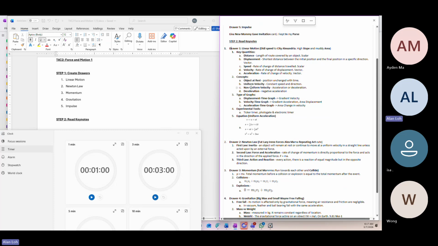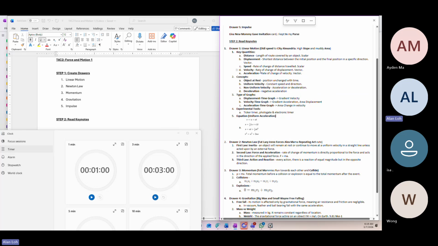Uniform velocity and deceleration. And then what type of graph? You have a graph of displacement over time. You have a graph of velocity over time. You have the graph of acceleration over time. Then you have some experimental tools and equations. Don't worry about this equation. You do not need to memorize it. It will be given in the exam if you are taking SPM, but you just need to know the concept. This equation is used when you have uniform accelerations, right? This chapter particularly,